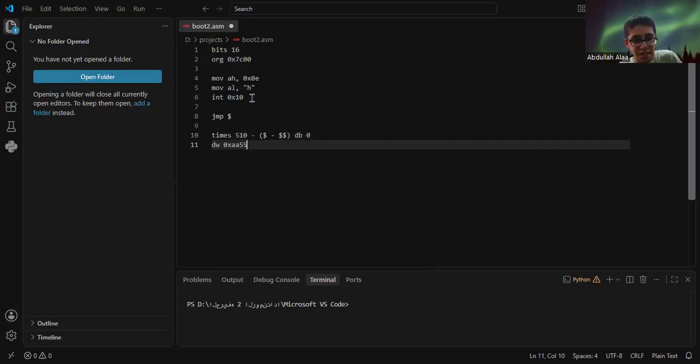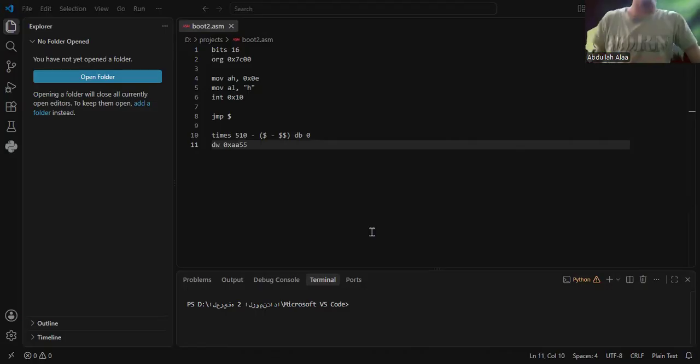This is for little-endian CPUs, like Intel CPUs and AMD CPUs. It's perfect for these. So you're gonna save your file. Then you're gonna use this command if you have NASM. I'm gonna leave the download link for NASM in the description. And by the way, NASM is the thing that will turn your assembly code into machine code so the computer can actually understand. Without it being compiled, the computer will not understand the assembly code. You're gonna use the command